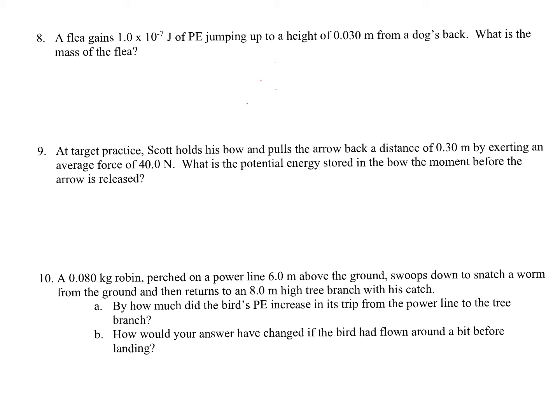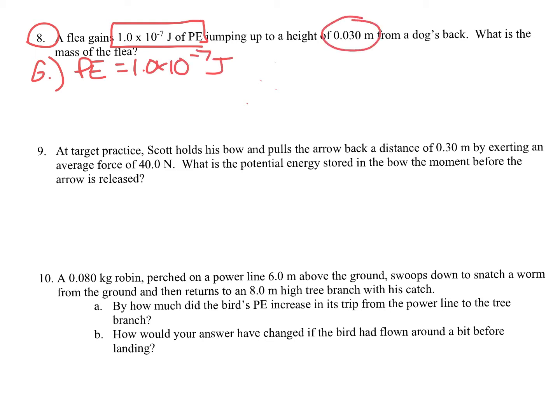Let's look at numbers 8, 9, and 10. If we start with number 8 here, it says a flea gains 1 times 10 to the negative 7th joules of potential energy. So right away, potential energy is given to me, 1.0 times 10 to the negative 7th, and that's in joules. It says the flea jumps this high, so the height is going to be